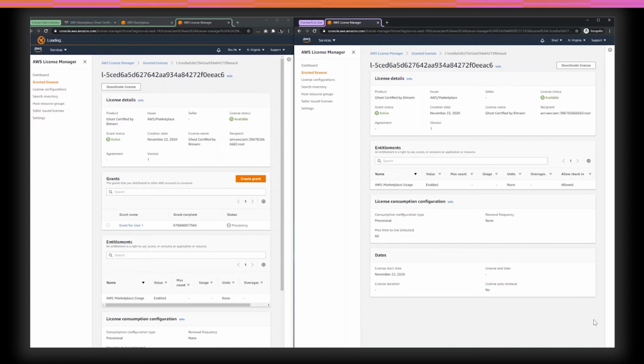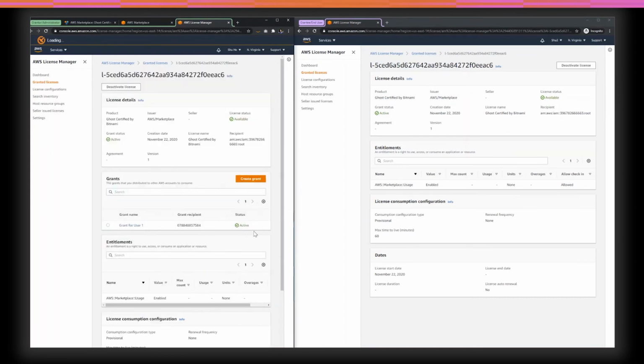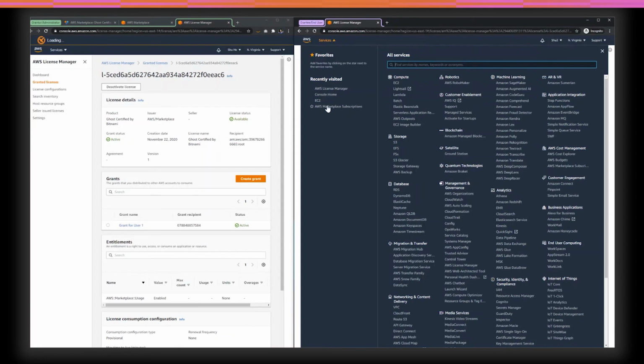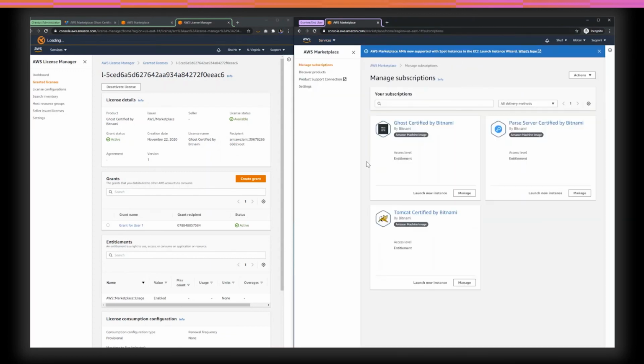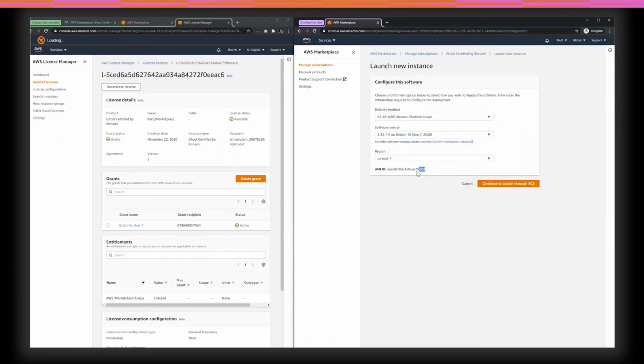Once this completes and the grant status shows active, we can now also go back into the administrator account and see that the status here will match. There it is. We've got the grant showing as active. After this grant has been activated, we'll go back to our AWS Marketplace Subscriptions console as an end user. Now we see that this particular product is now enabled at an entitlement level. This just means that the end user now has entitlement access to this license. And through AWS Marketplace, the end user can directly launch an instance from this workflow,